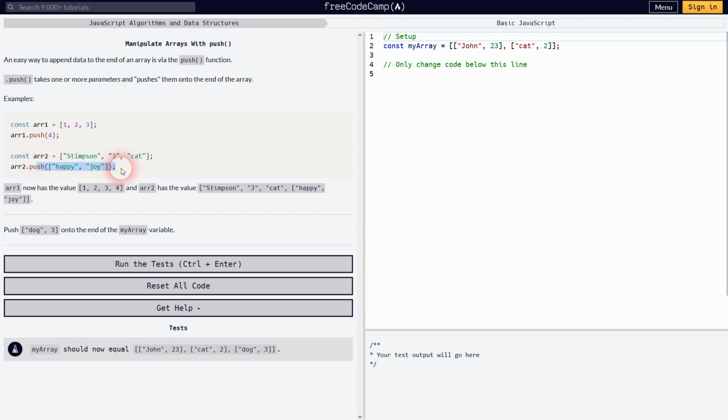Next example, we've got 2 more words, and they will be added after cat. So in index position 3 and 4, we will have happy and joy. Let's go over the example on the right hand side. We've got my array, and we want to push dog and 3 at the end position. So what we need to do is to write myArray.push